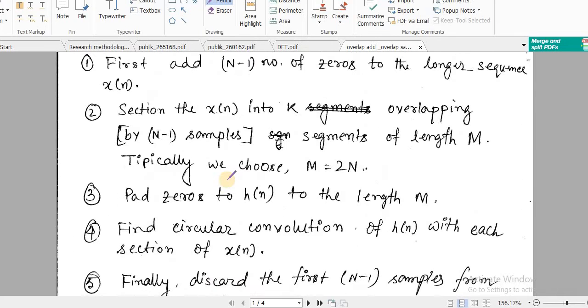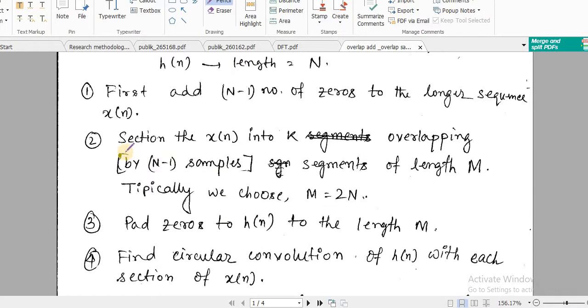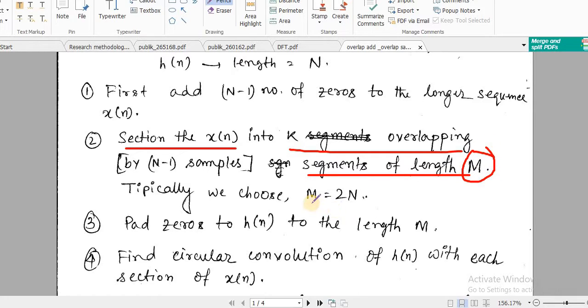Now in the second step, we section x of n into K overlapping segments of length capital M, and we assume that capital M is normally 2N. In some books you can see that this M, the length of the final result, is L plus N minus 1.